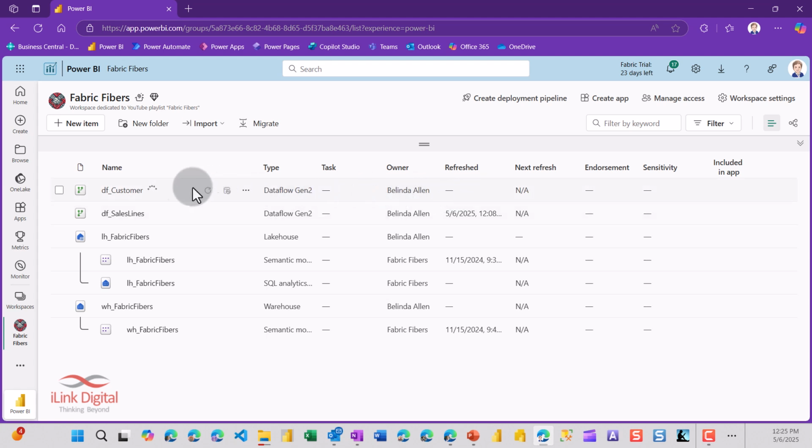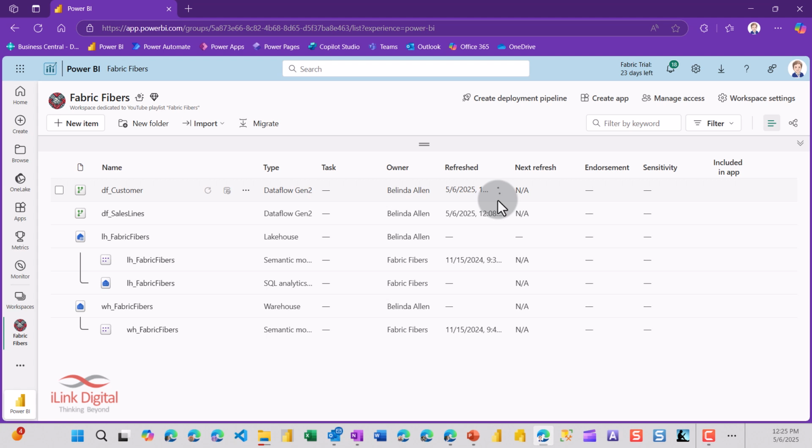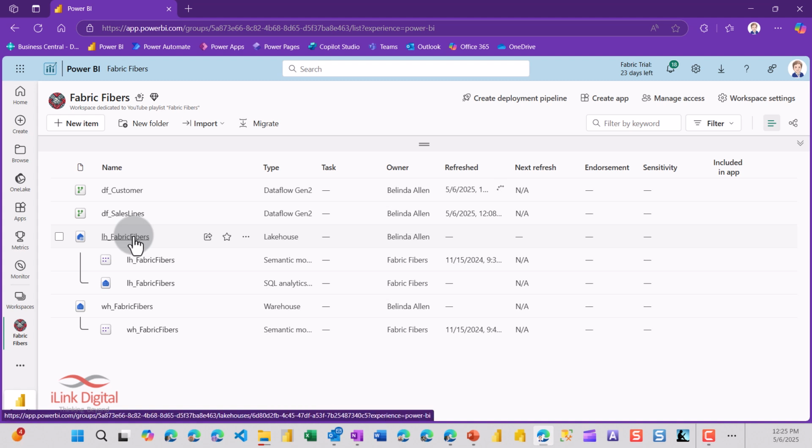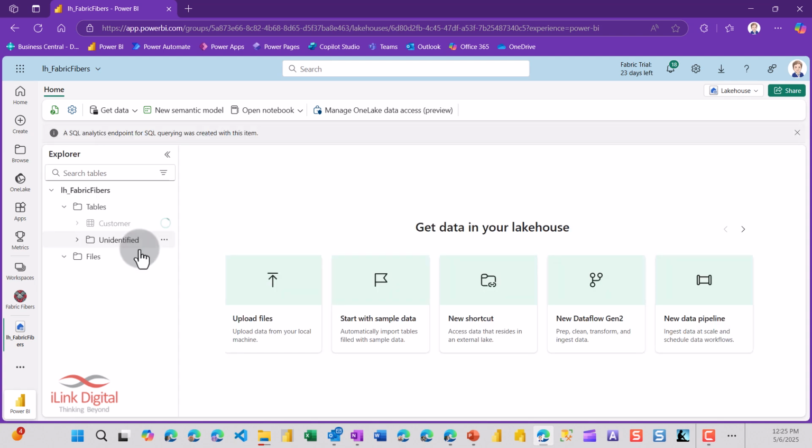So once this finishes with its circle, the refresh is now taking over. So you can see it successfully loaded if you saw that in the top right. And now when this finishes refreshing, I can see it in my lakehouse. I'm going to go ahead and click on my lakehouse right now. And now when I open it up, you can see I have customer right here, and I have my sales